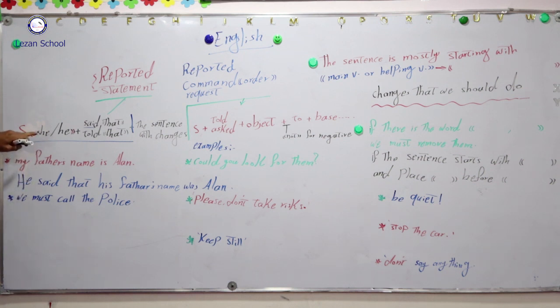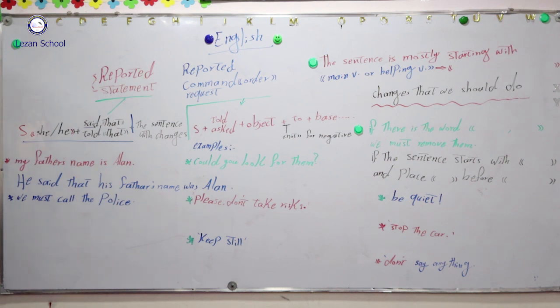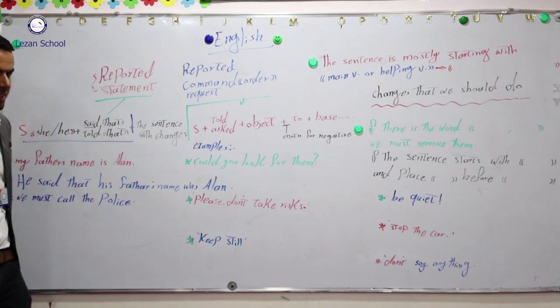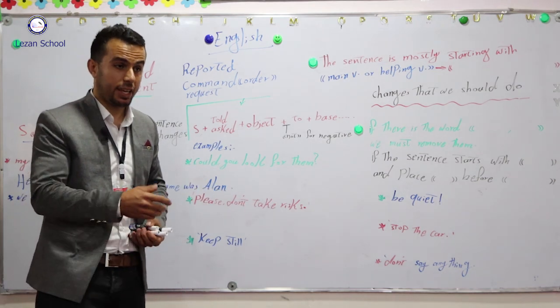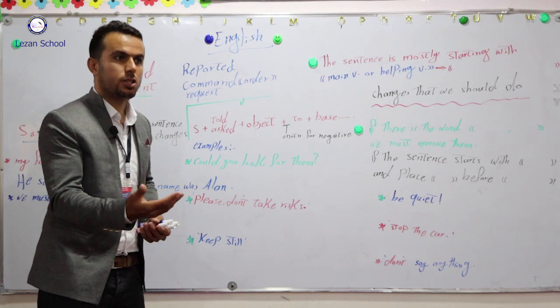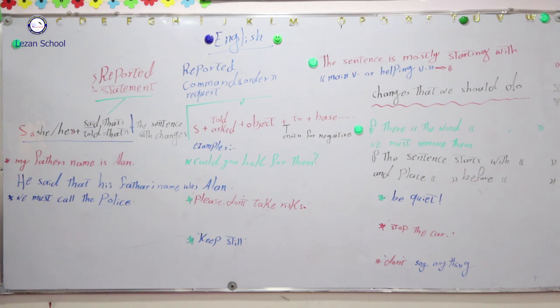You have to write down the first part of the rule: he or she said that or told that. We must call the police. We are in the class, but only one student says we must call the police. So it can be she or he, the student. Let us say she